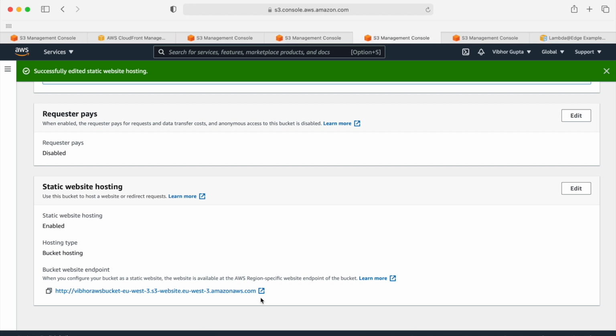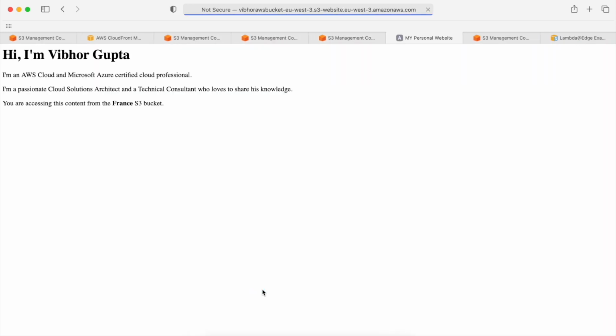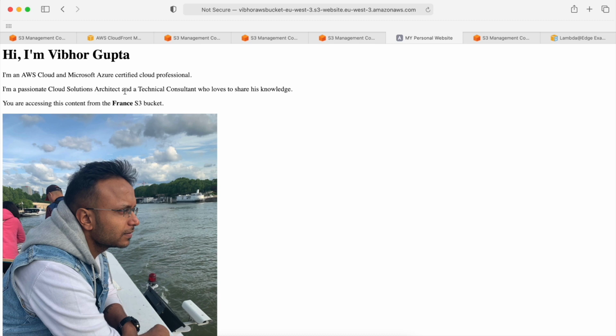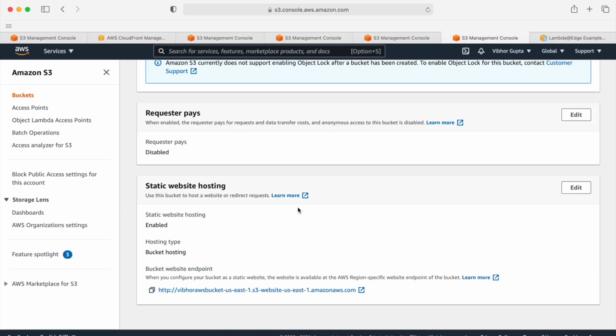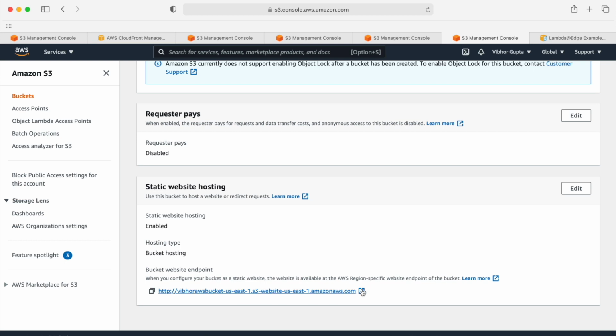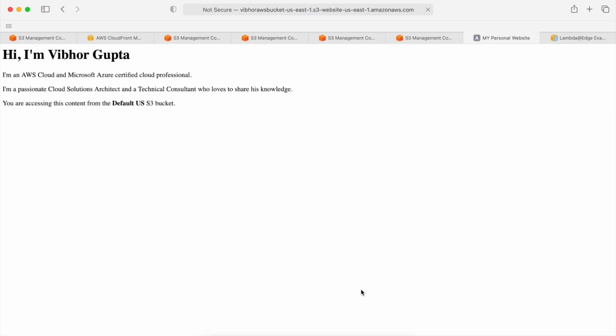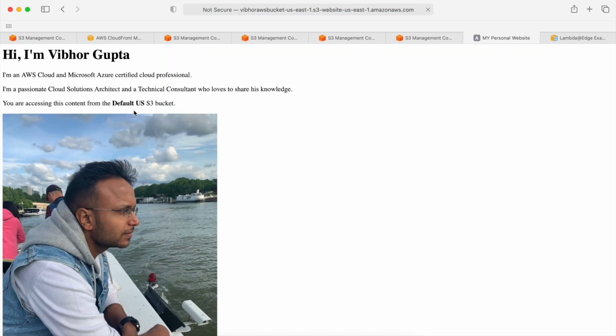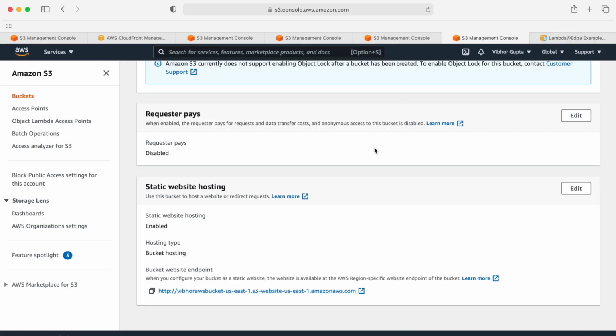The third one is EU West 3, which represents France, and you can verify it over here. And now the fourth one is our default bucket, which is in US East 1, and it represents our default US S3 bucket. So we have configured all 4 buckets, all of them are public and can be accessed via the website endpoint.